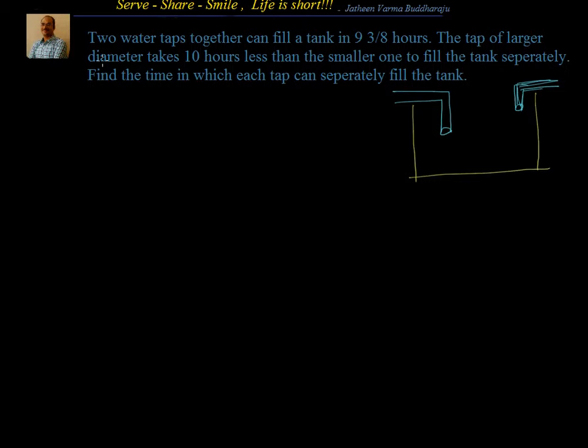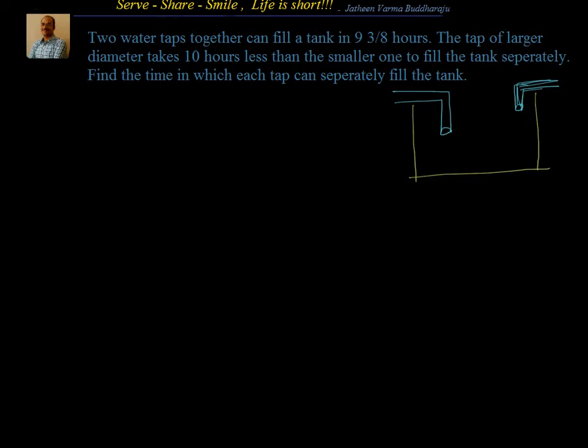So two water taps together can fill a tank in 9 3/8 hours. The tap of larger diameter takes 10 hours less than the smaller one to fill the tank separately. We know that if the diameter is more, then the tank will be filled very quickly. If the diameter is small, then the water coming is less, volume is less, so the tank will be filled